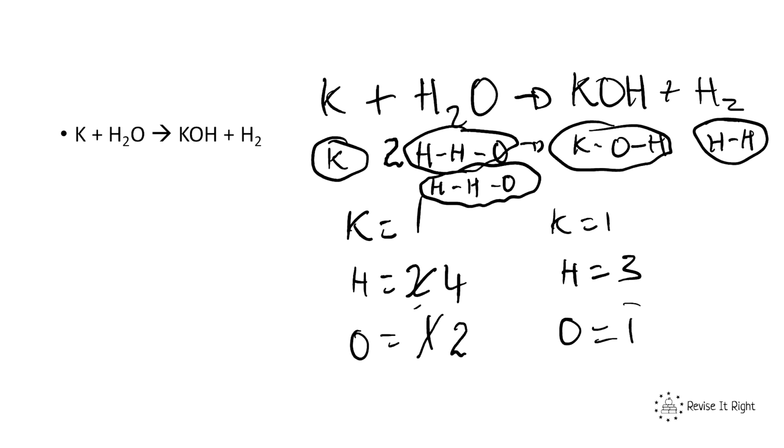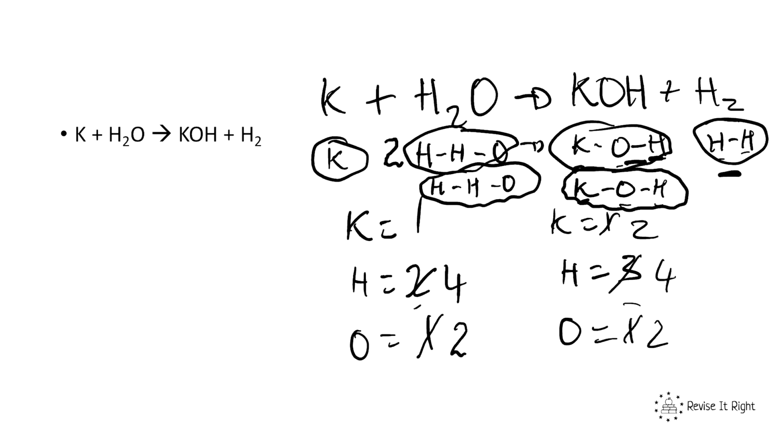So now we've got to go from 3 hydrogens to 4. So how are we going to do that? Well, if I doubled this one here, that would give us 5, which would be too many. So if I tried to maybe double this one, because there's only 1 hydrogen here, that would now give us 4 hydrogens. So let me try and do that. Let me double this one. So K, O and H, I've got 2 of them. So that now gives us 2 potassium. It now gives us 2 oxygen. And it now gives us 4